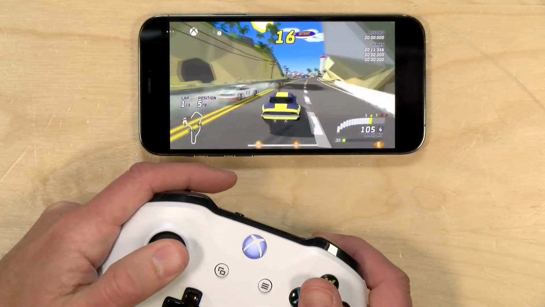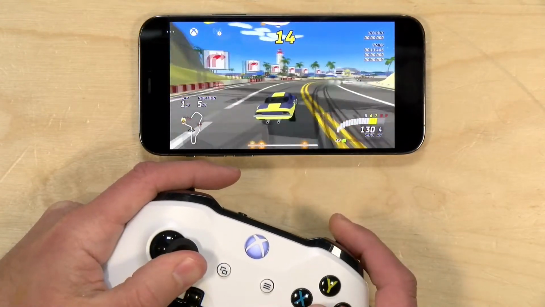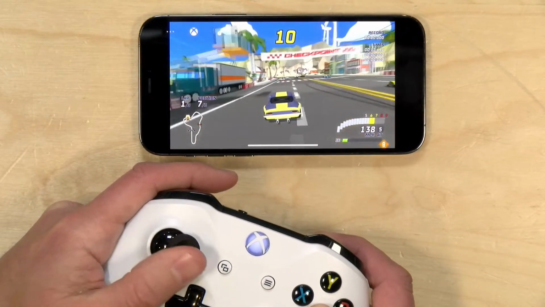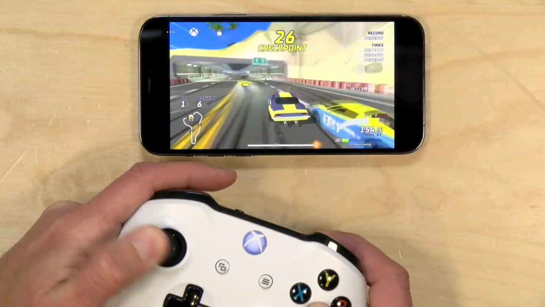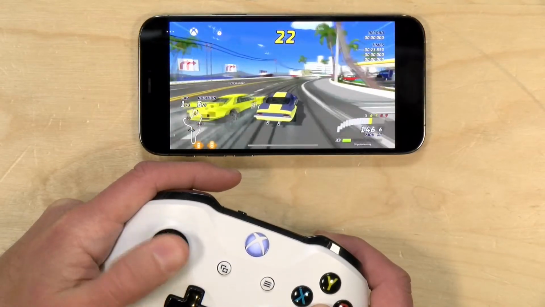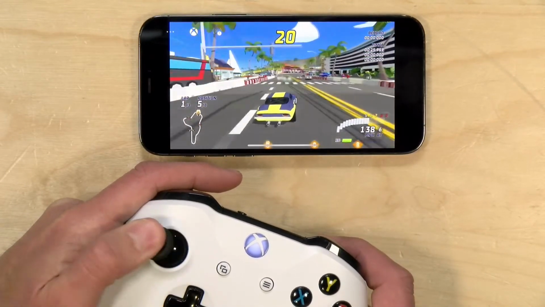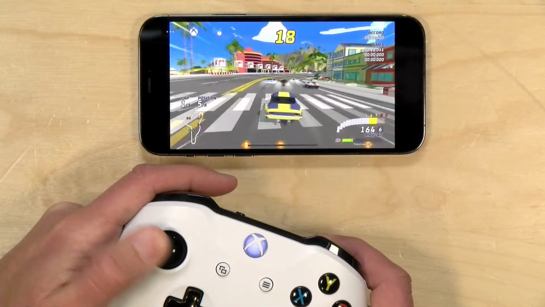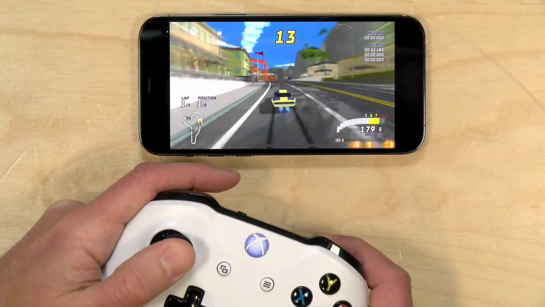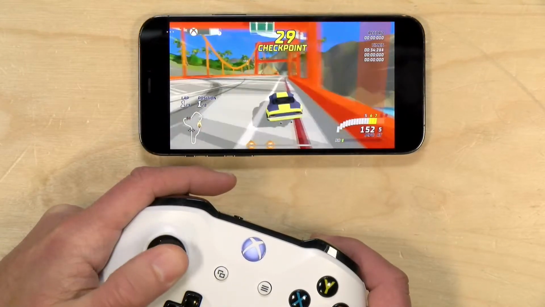It is a little laggier than some of the other streaming services out there, but it seems to be working okay here. The game looks great. Performs pretty nicely. There's no rumble on the controller, probably because we're using a web app, so you won't be able to feel any of the rumble you would feel on your regular console, but it seems to be running at a solid frame rate here. This is a game that runs at 60 FPS,